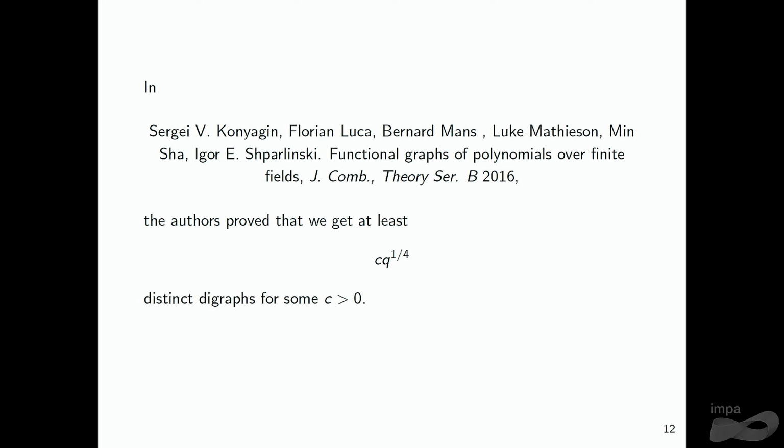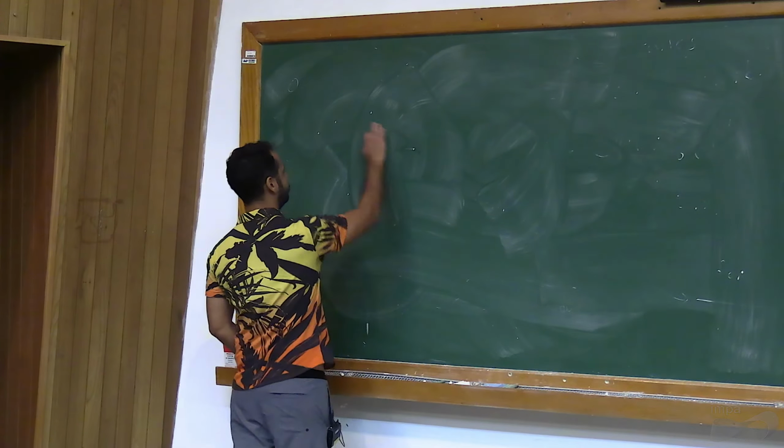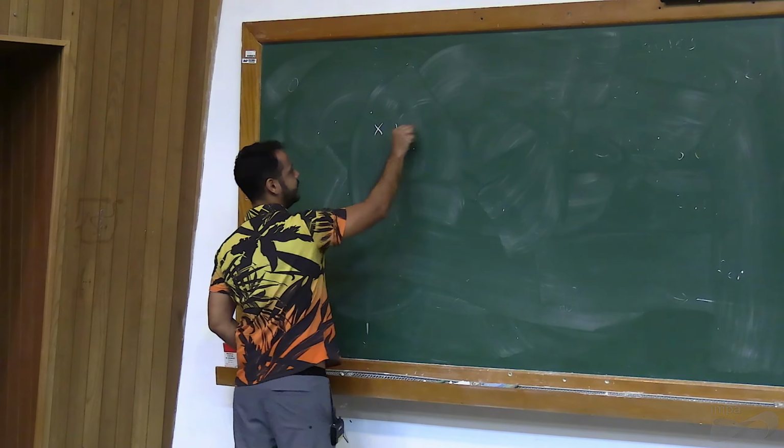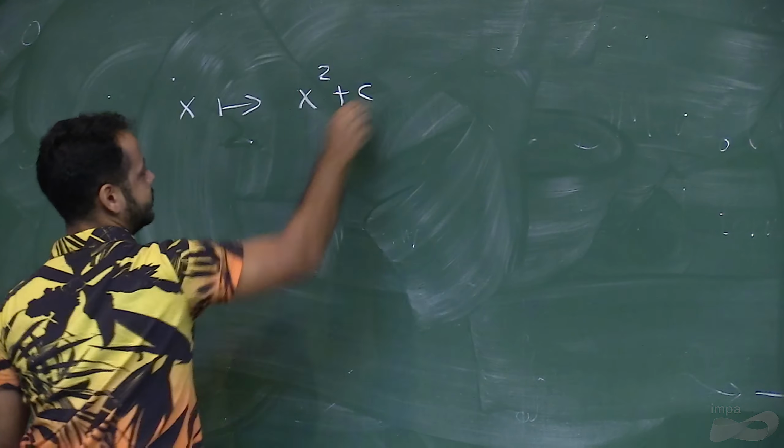So you get x squared plus c, where c is varying over the field of Q elements. So we get at most Q, but we can also prove that we get at least a constant times Q to the 1/4. And so basically the idea is that if I consider a map like this, x goes to x squared plus c,